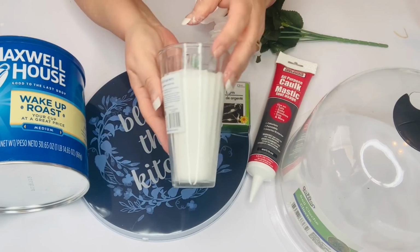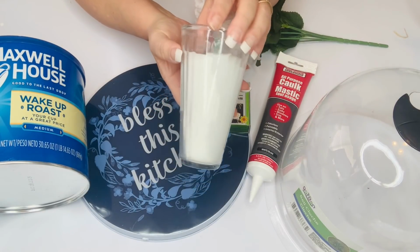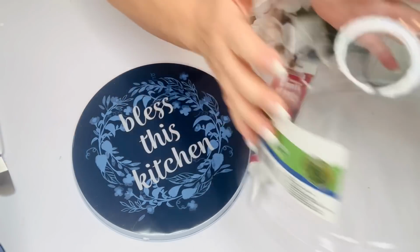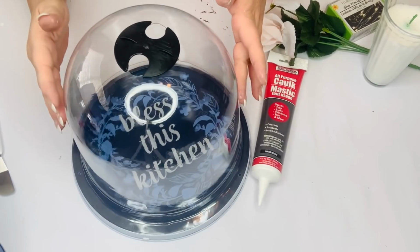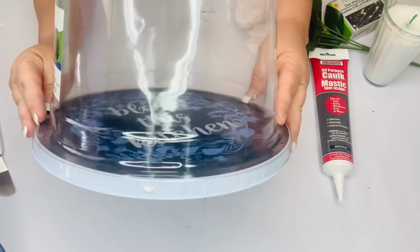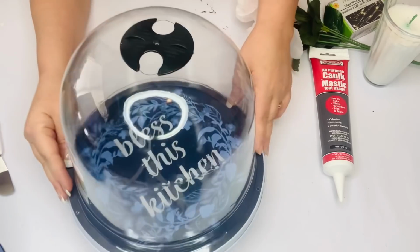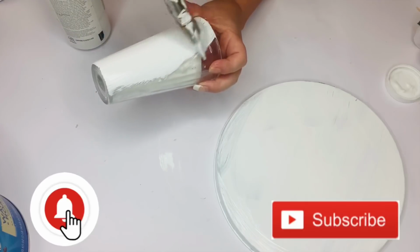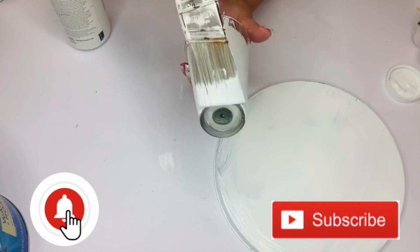But for the candle, even though it's a candle, I'm going to be using it as a glass and turning it upside down for the base of this pedestal. I'm not sure how long Dollar Tree will carry these domes, so I wanted to show you another way of using it. So it fits perfectly on top of the stove cover, so we're going to make this into a super pretty cloche. So the first thing I'm going to do is paint my stove burner cover and my candle